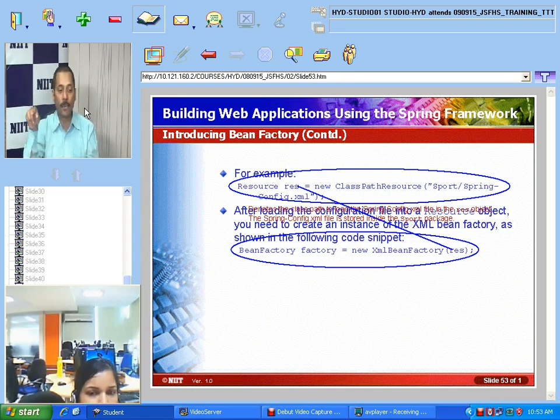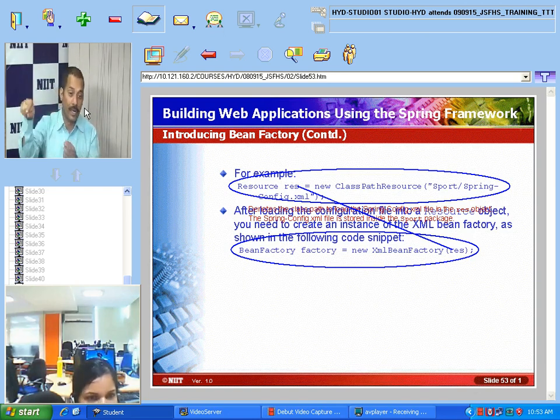It is written here as spring-config.xml file, assuming that bean information is stored in spring-config.xml. But when I show the demo, I will be storing that in the applicationContext.xml file. Hence, I am telling that it is the applicationContext.xml file. Am I clear to you?